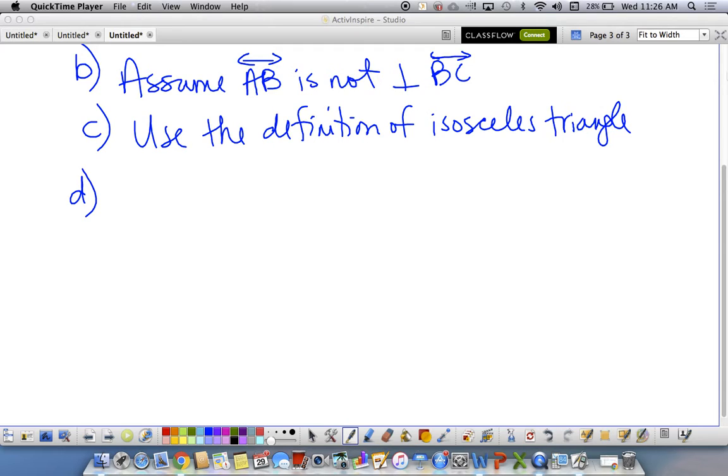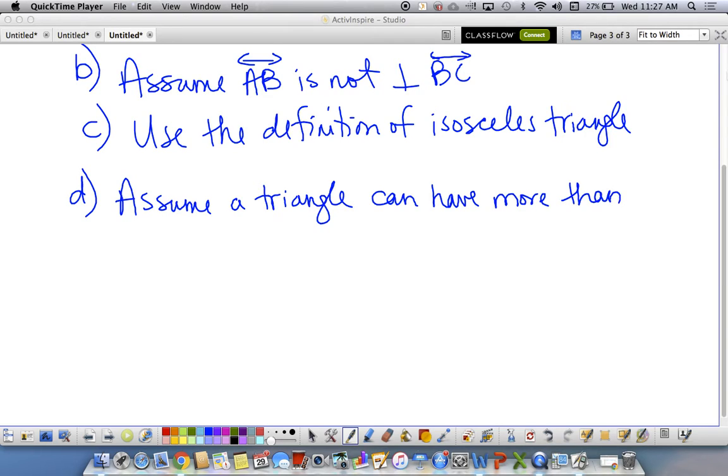Assume that a triangle cannot have at most one. Okay, so what does that mean? So can it have more than? So maybe that's an instance where I don't put that not. It says, let me read it correctly, it has at most one right angle. So how can we assume that's false? Assume a triangle can have more than one right angle. It can have more than one right angle. Assume a triangle can have more than one